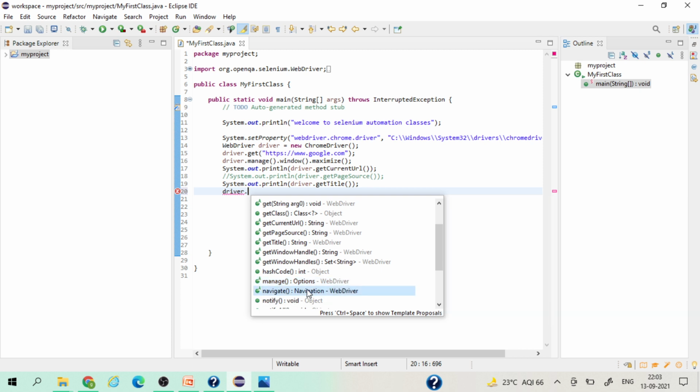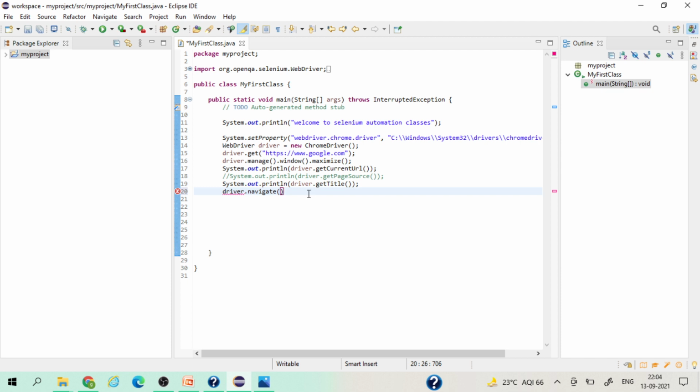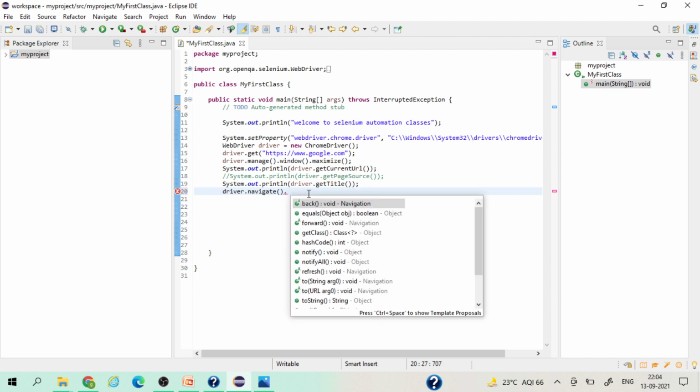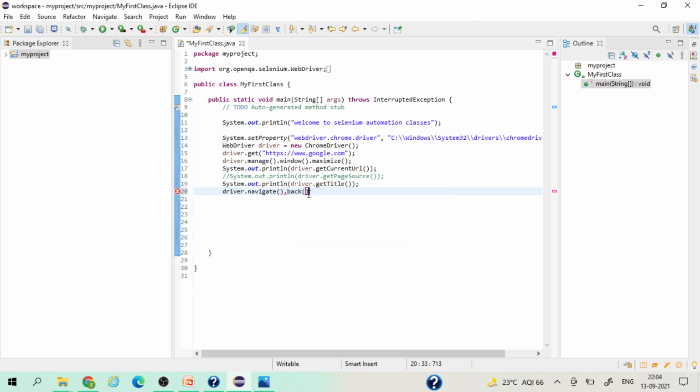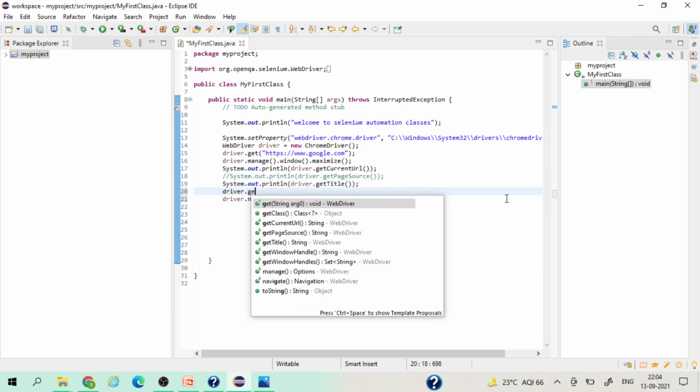And we have this navigate, right? So driver dot navigate dot back, we'll use this one. The purpose of this is, whenever we open one website, after that I open another website, now I'm in the second website. If I want to come back from the second website to the first website again, then I can use this one. To do this, I'll open driver dot get